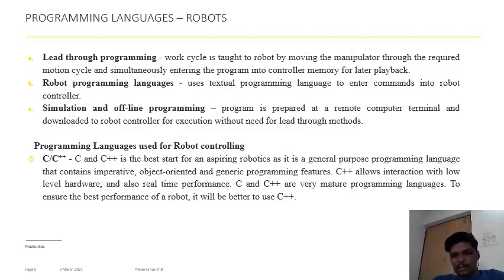So this method will be taught to him, and the same movements will be stored in his memory. Then it can be played back, and I'll see how accurately that particular robot repeats the actions told to him. Later the frequency will be increased so that he can pick 100 pieces or 10 pieces or 5 pieces per minute or so.